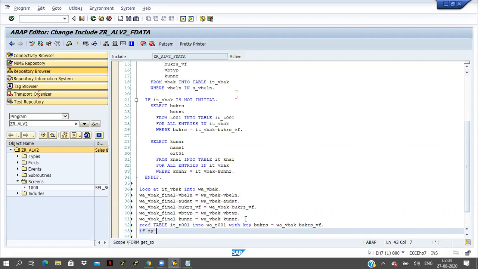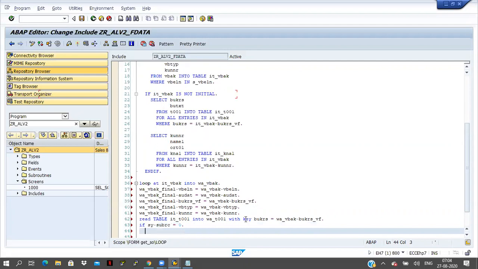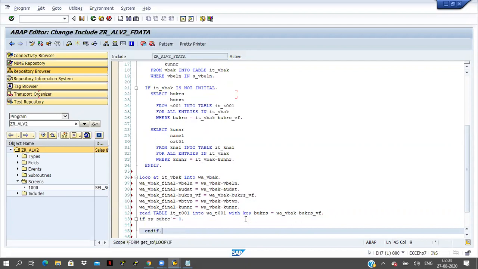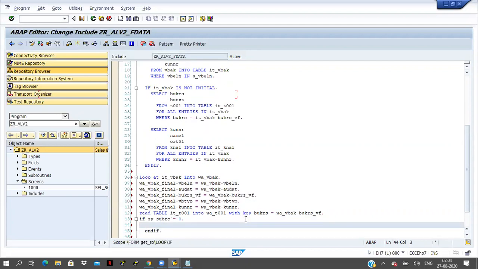If sy-subrc equal to 0, then work area VBAK final hyphen BUTXT equal to work area T001 hyphen BUTXT.